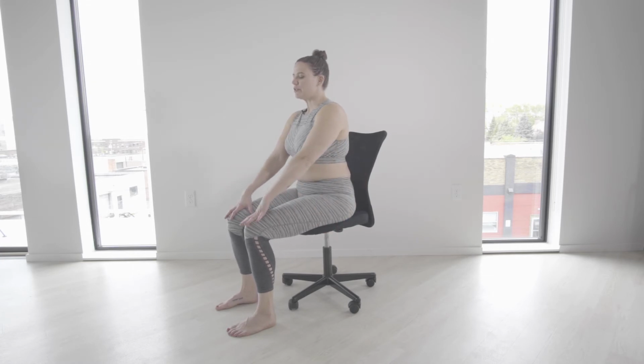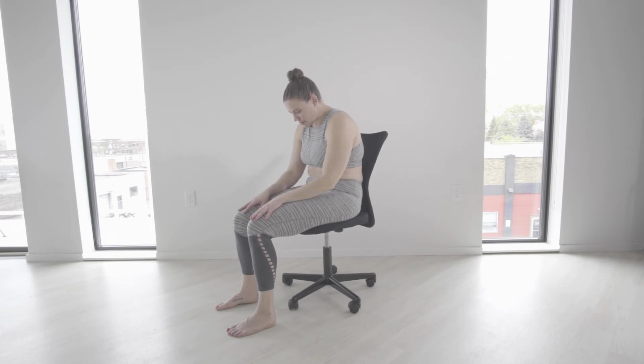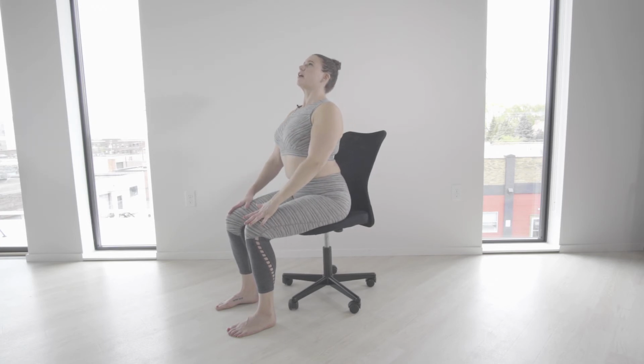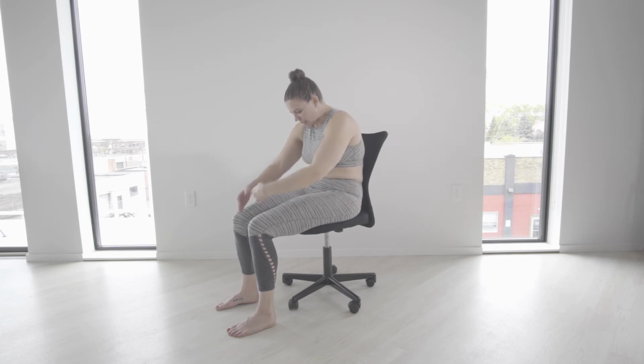Then what you're going to go ahead and do is you're going to arch, opening the front part of your belly. Then you round, kind of collapsing through that front part of our belly. As I arch, I like to think that I'm sitting tall and I gently look up with my head, not all the way up to the ceiling like this. That can oftentimes hurt or strain our necks. But we just gently arch, sitting nice and tall as if a string is pulling us along. Then we round, really dropping this pelvis back as we round from the tip of our head all the way